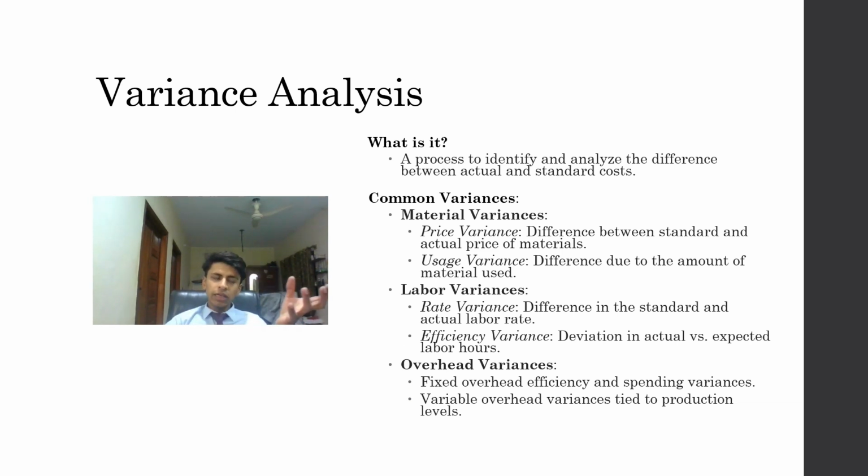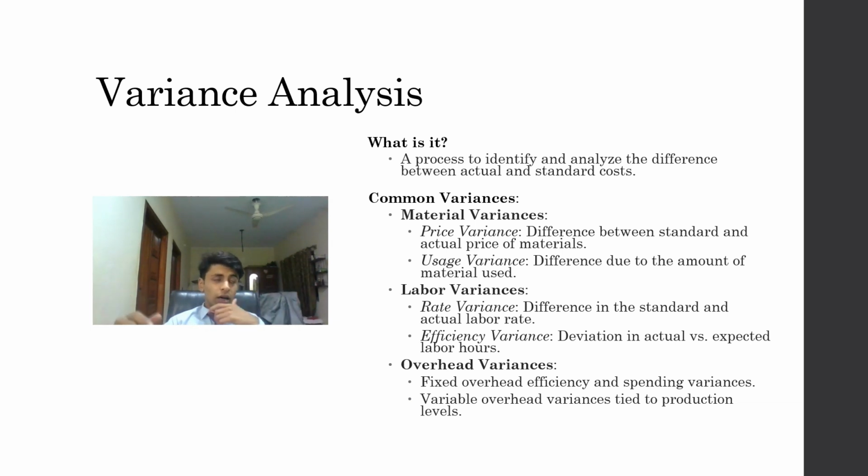In material variances, there are two subtypes, which include material price variance, which is due to the difference in the changes of cost of material, and material usage variance, which can be due to material usage deviating from the standard usage. Labor rate variance is the difference between the standard and the actual labor rates. And labor efficiency variance may be caused by the difference between actual labor hours and the standard